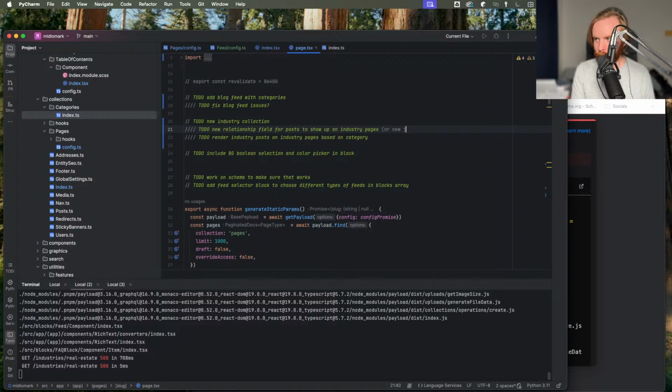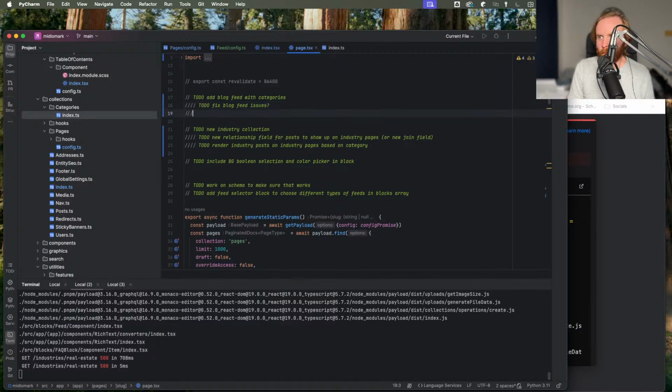Or a new join field. Or just do below and don't add a blog feed. The problem though is that I want that blog feed for any time that we might add a new type of collection. Things like